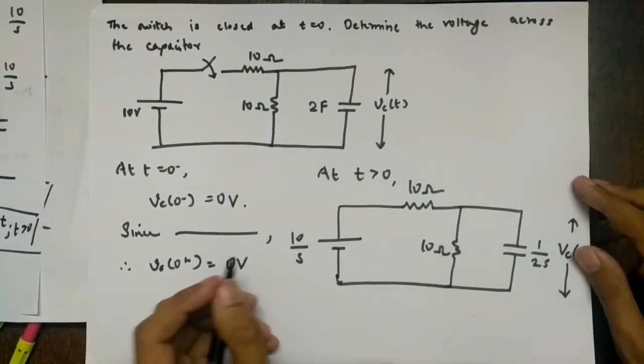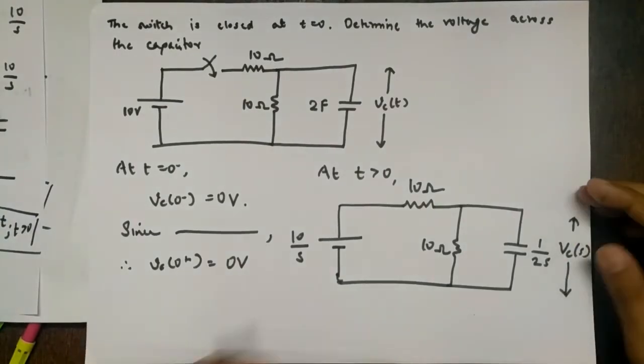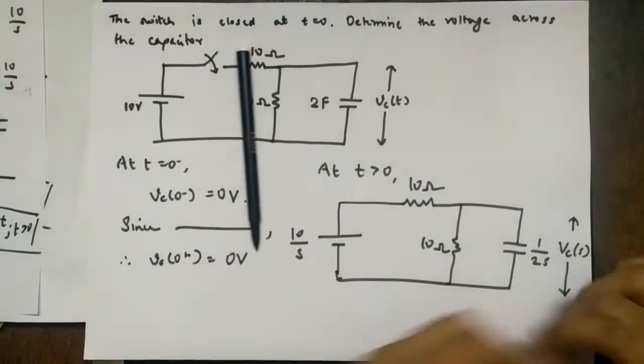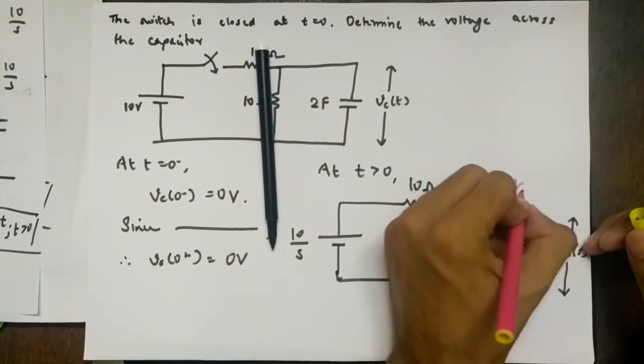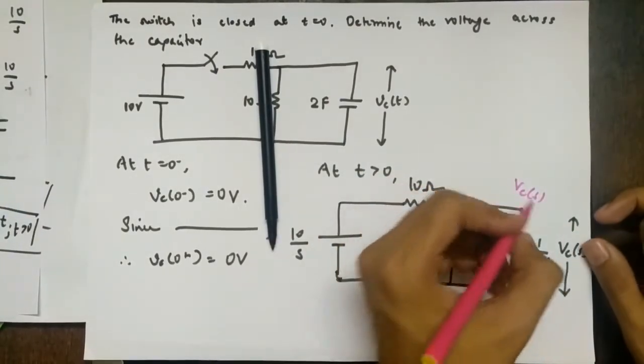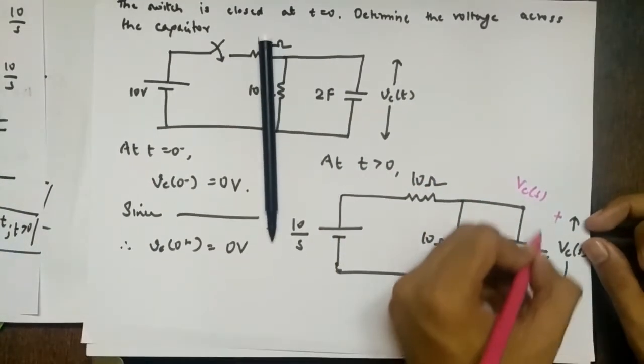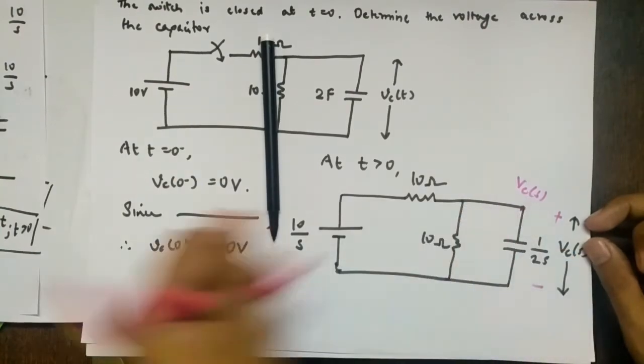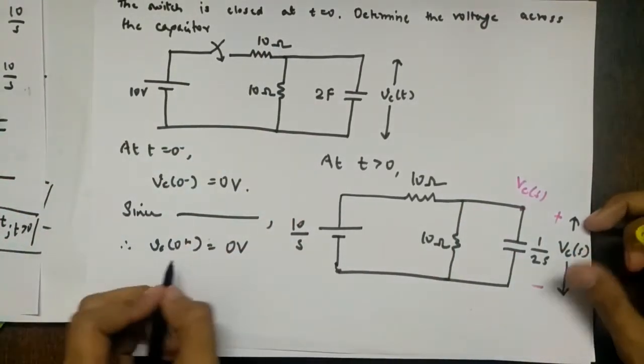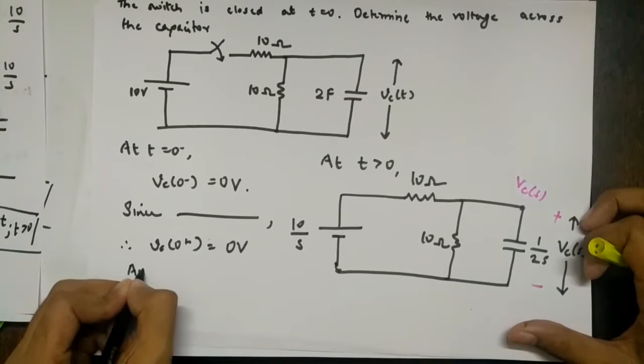This is 10 by S. Right? So next what we have to do? We have to find Vc of S. So again what we can do? We can assume this is Vc of S. Assume in the sense it is actually Vc of S. This plus this is minus, right? So better you take this as Vc of S, because you will get the answer for Vc of S in one equation using KCL. So applying